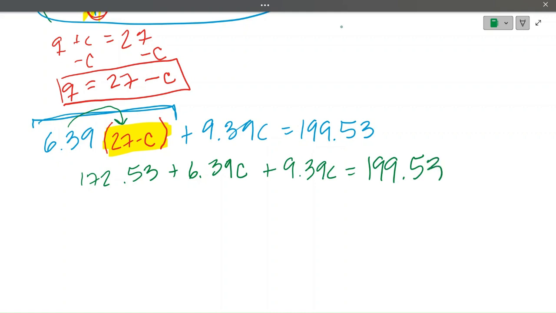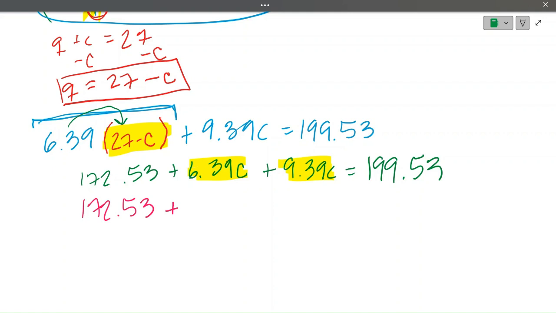Okay, and now I'm gonna combine my like terms on this side, right? So in case you're wondering, I'm following PEMDAS, moving from P to S, or the order of operations. There's no parentheses that I could simplify. There were no exponents. I moved to multiplication, which is what distribution is. And now I'm moving to addition and subtraction by combining like terms. So this gives me 172.53. When I combine